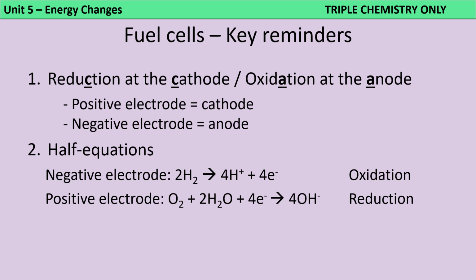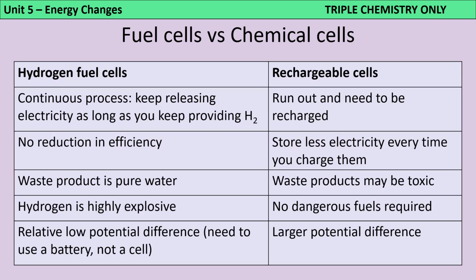And you do need to know your half equations here. The one for hydrogen is quite straightforward, and then the positive electrode is a bit more complicated. It might help you to remember that it's the same one that you use in electrolysis for hydroxide ions being discharged, just backwards. And then finally, you might be asked to evaluate and compare the use of hydrogen fuel cells